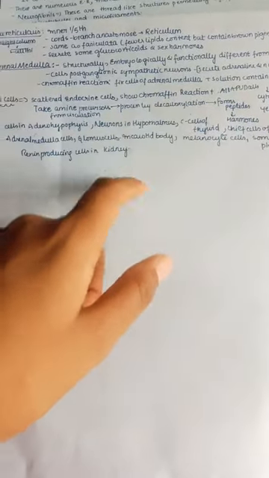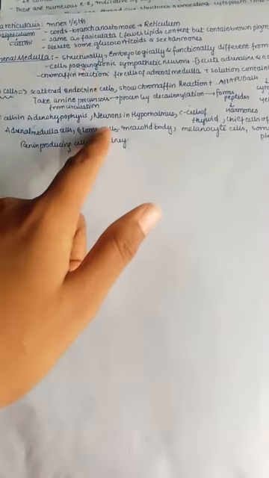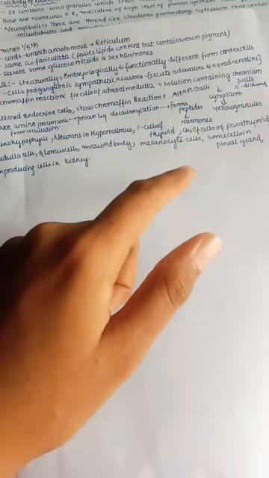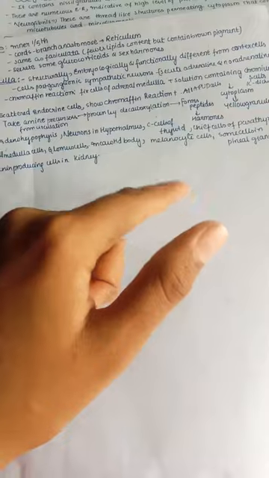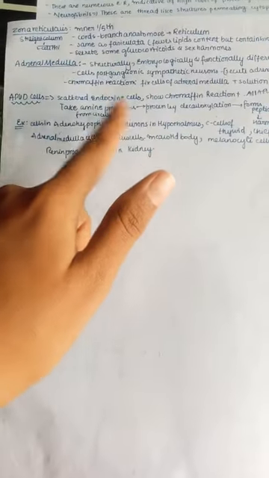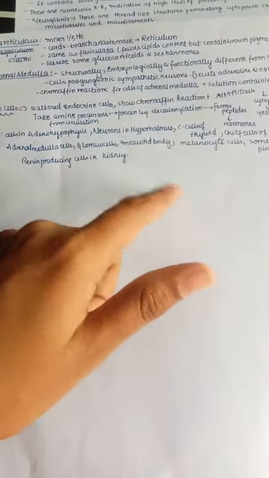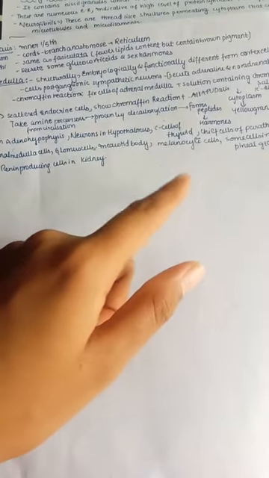Remember that all APUD cells are chromaffin reaction positive, and they take the amine precursors and process them by decarboxylation, forming peptides, and in turn the peptides form the hormones. Actually, they take amine precursors from the circulation. Next, examples of these APUD cells are cells in the adenohypophysis, neurons in the hypothalamus,